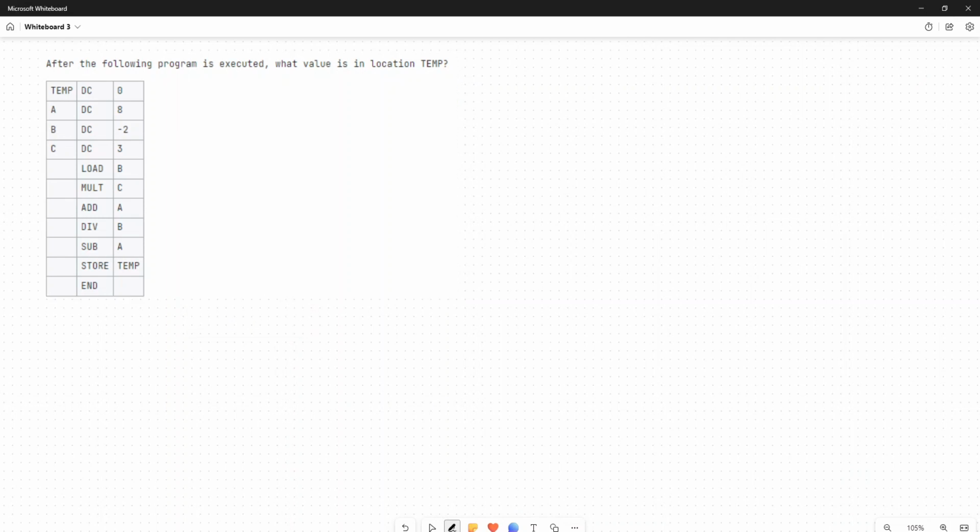So we'll say temp, A, B, C. We see in these first 4 lines of code, we'll have this be 0, 8,